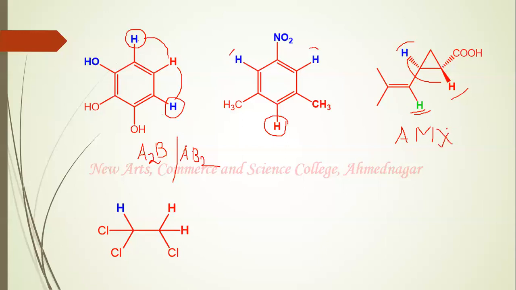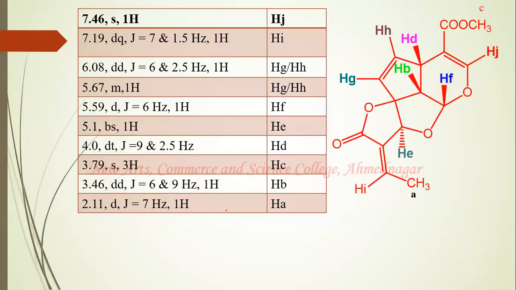Now let us check this case where we have one proton attached to a carbon atom having two electronegative chlorines, while there are these two protons which are chemically as well as magnetically identical. So for this also we can suggest the name as an A2B spin system. So you must be able to name the spin systems now. Let us see this example in the next lecture.